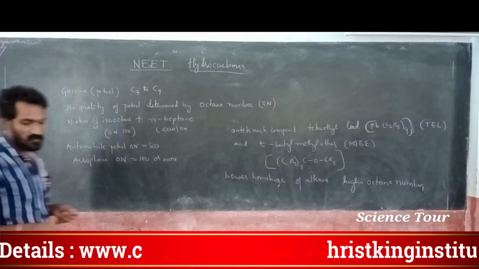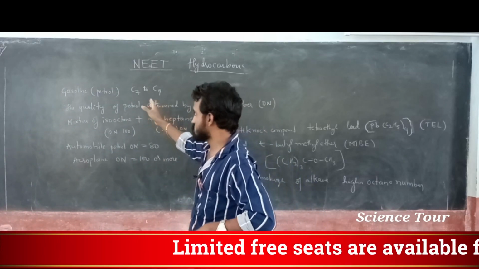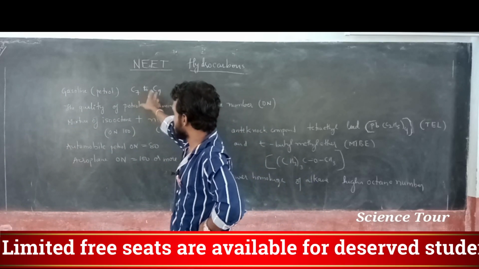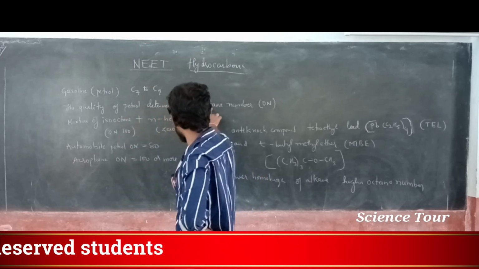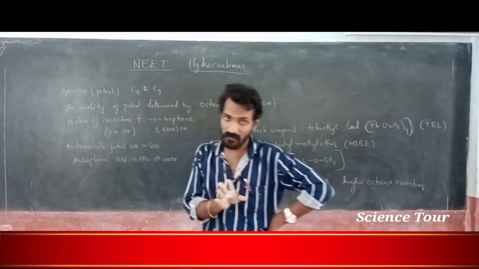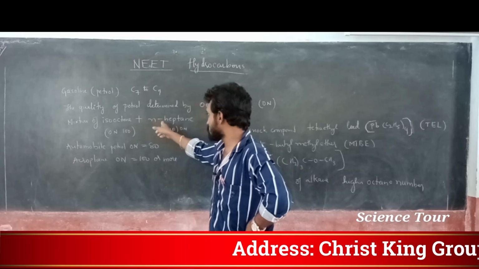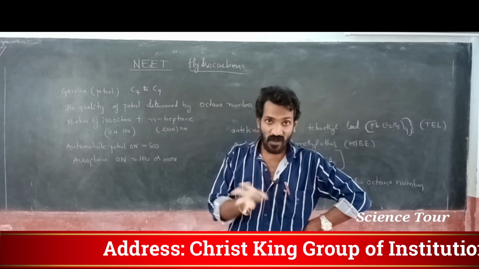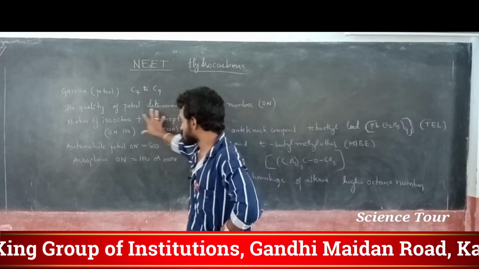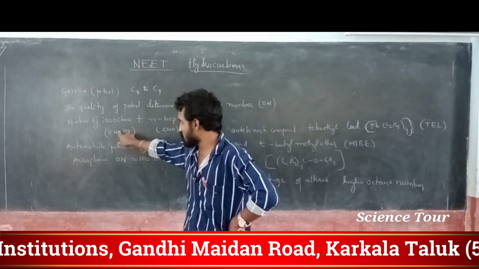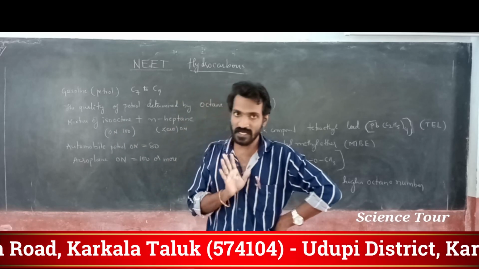Okay, my dear students, now we are going to discuss natural gases like gasoline. Gasoline means petrol. It contains C7 to C9 carbon. Understood? The quality of petrol is determined by the octane number, ON. Remember, my dear students, octane number. Octane number means a mixture of isooctane and n-heptane. In that, the octane number of isooctane is 100 and n-heptane is 0, then it is good petrol.